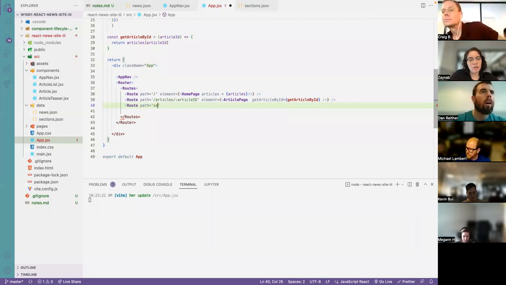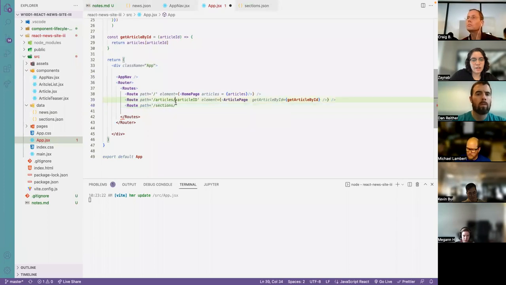I'm going to call it slash sections slash, and I'm going to want to send in a section name, so I'm going to have a parameter here to be able to send that in. So slash section name, and then my element,